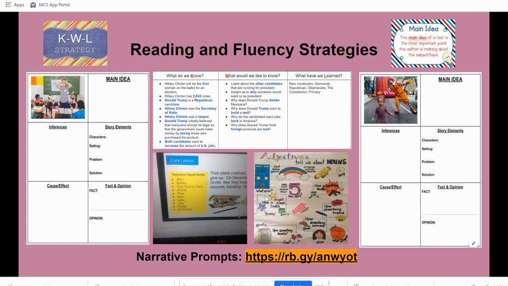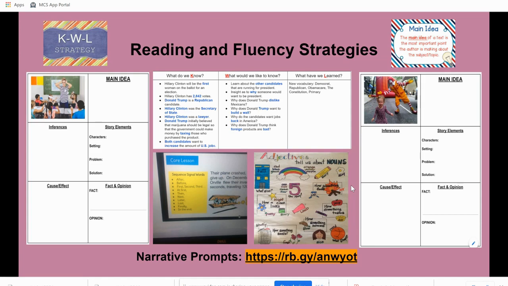This is the same thing that I will be asking them to do to transfer, right? If I am capable of getting them to understand that with just an image, then I know I can transfer that same knowledge, that same capacity and ability when we read a text. Okay. Up in the middle, we have a KWL chart, as you can see here. What do we know? What would we like to know? And what have we learned?